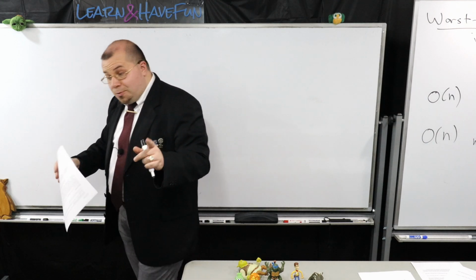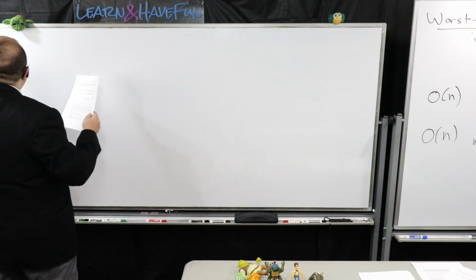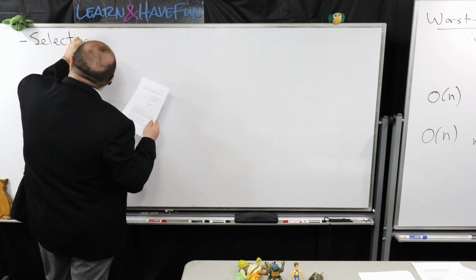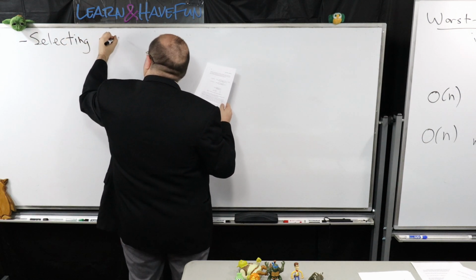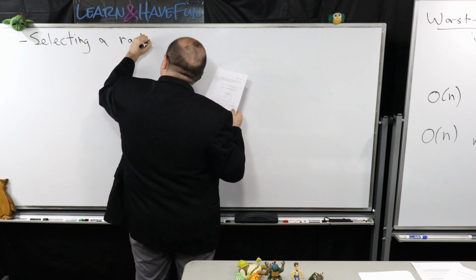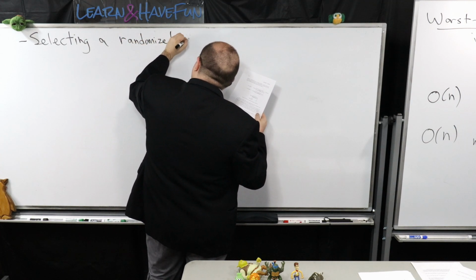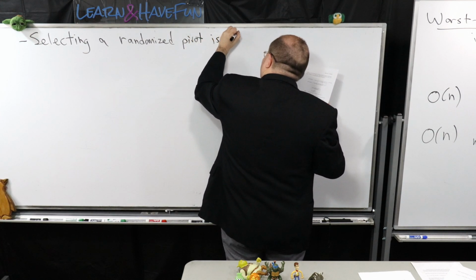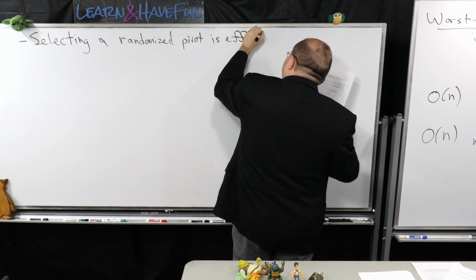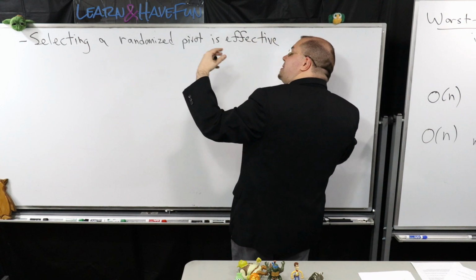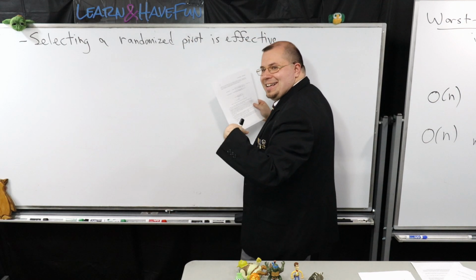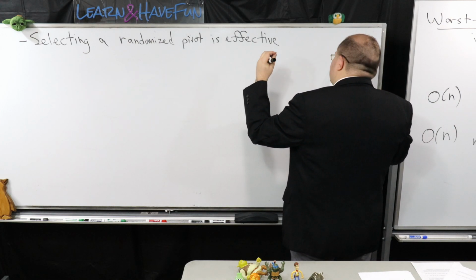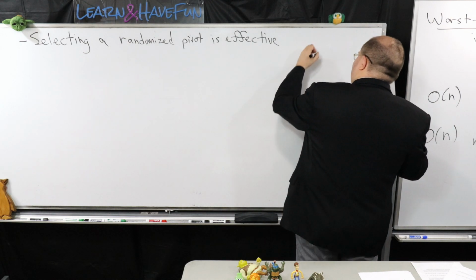So the first thing I want to tell you is that selecting a randomized pivot is effective. So that's the first thing I need to tell you. So I'm coming back to the good news, everybody. So I'm going to tell you some really good news. There's a lot of things you could pick as the pivot. So for example,